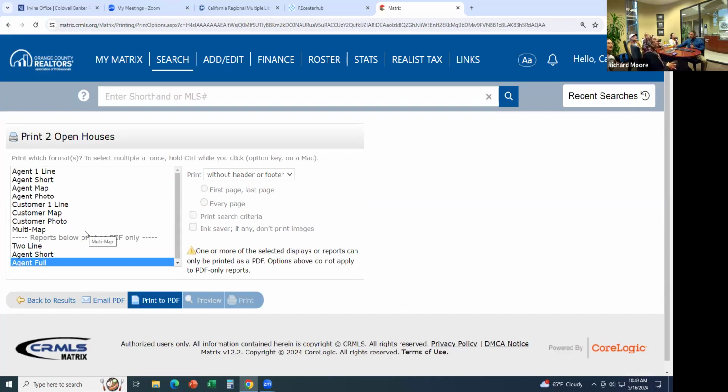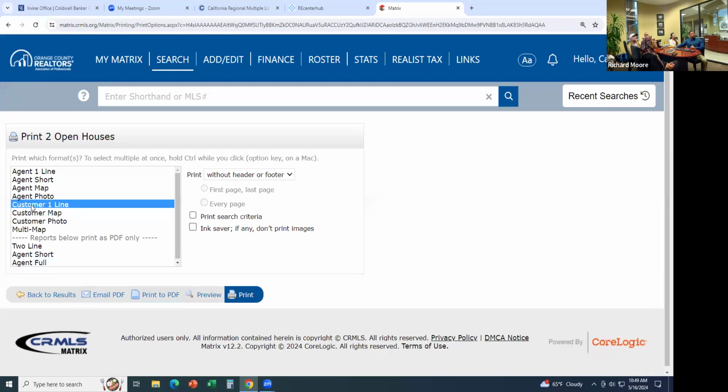But if you're going to give this to your clients, you never give them the agent full or any agent type of report, because that has commission, showing instructions, private remarks, and the listing agent's phone number. You don't want the phone of the listing agent, because then they're going to submit an offer to them. So you print them a customer 1 line or a customer